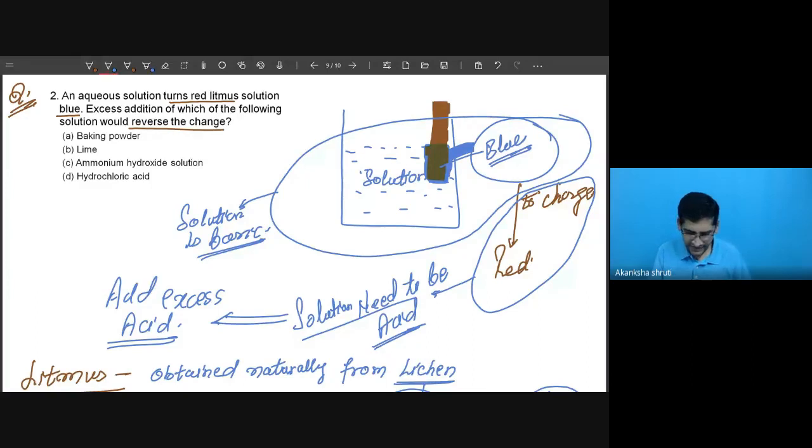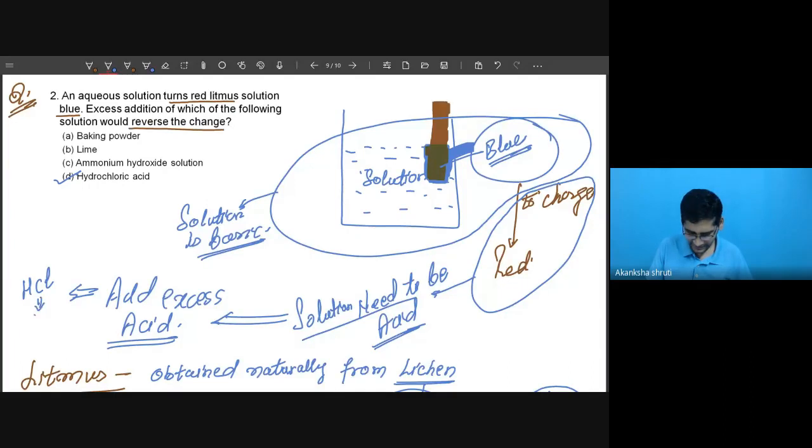So what is the acid in this? You just have to search that. Baking powder is a base, and I had told you in the base I have written this baking powder. Go and see that, though it is a salt, it is basic in character. पीछे आप अपने वीडियोस में देखिए, आपको ये सब मिलेंगे. हाँ स्टूडेंट, लास्ट वीडियो जाकर देखिए. Lime means lime water, that is CaO or Ca(OH)2. It is a base, and ammonium hydroxide solution is again a weak base. What is the acid here? The only acid is HCl.